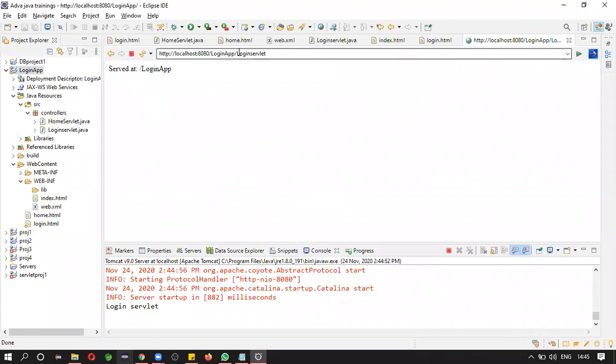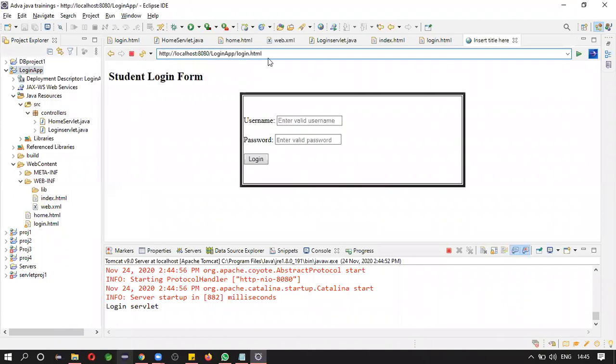This is login servlet. See, this is login. So if I click on this, nothing will happen.